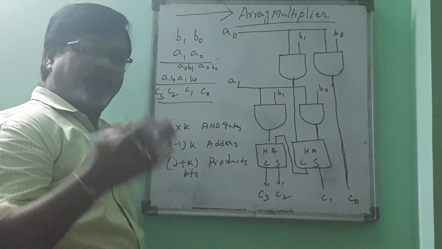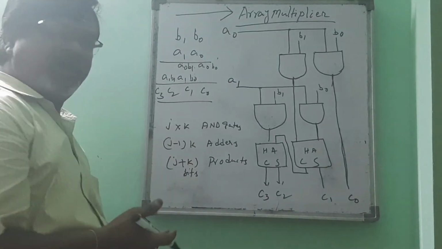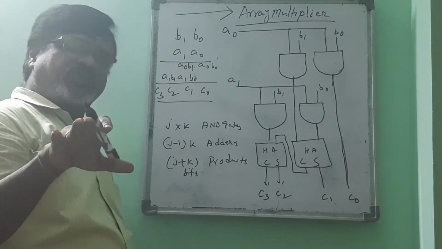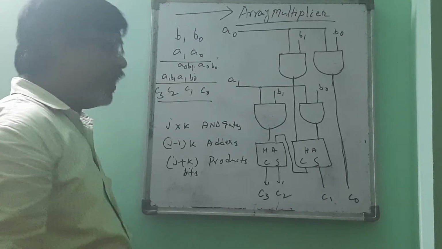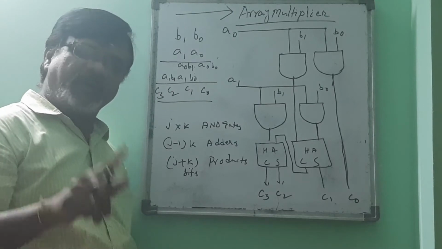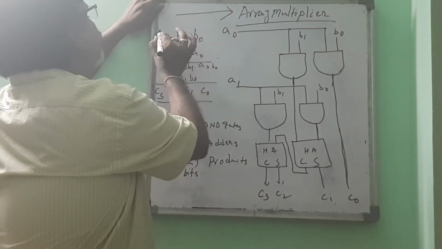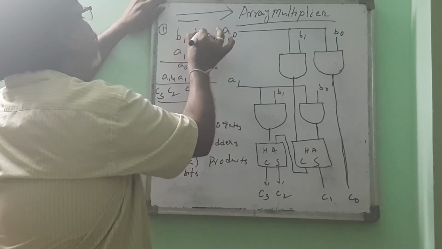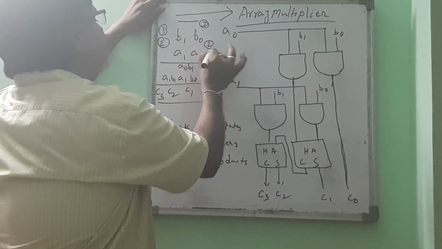So we have discussed in the previous session the general algorithm of multiplication, and in the beginning of today's session we have discussed the multiplication operation using Booth's algorithm, which represents the multiplication for signed magnitude numbers, and this is also the third method of performing the multiplication operation in a digital computer. For that, first let us take an example that contains two numbers. Number 1 contains 2 bits, bit 1, bit 0. So bit 0, bit 1, 2 bits are there. And there is a second number that also contains 2 bits.